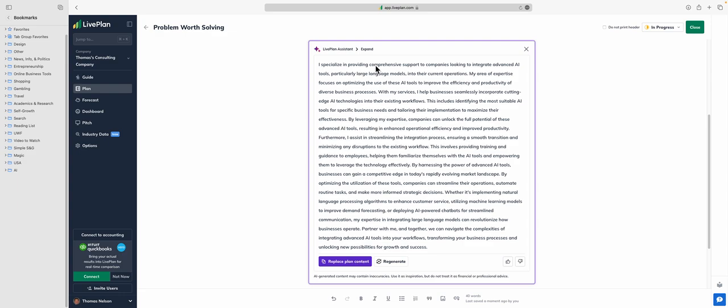I specialize in providing comprehensive support to companies looking to integrate advanced AI tools, particularly large language models, into their current operations. Yes, that's true. My area of expertise focuses on optimizing the use of these AI tools to improve efficiency and productivity of diverse business processes. That is true. Their existing workflows and